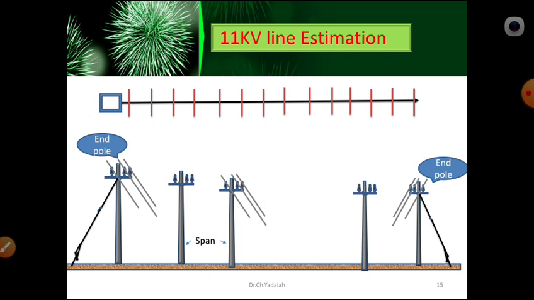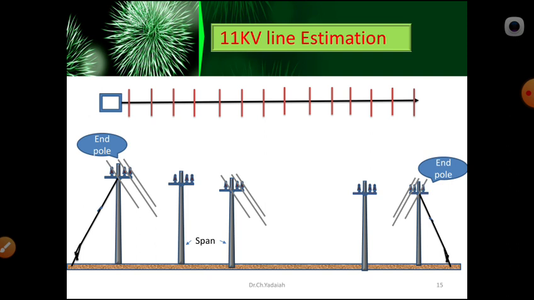Now suppose, for example, on the extreme left side we assume the square box is a transformer, DTR. From this, radially, we go with one feeder line towards the right. For the flow of power from the transformer to the extreme right, we require lines, conductors. The conductor should be placed above ground level, which requires supports. Now we are going to calculate all these things.